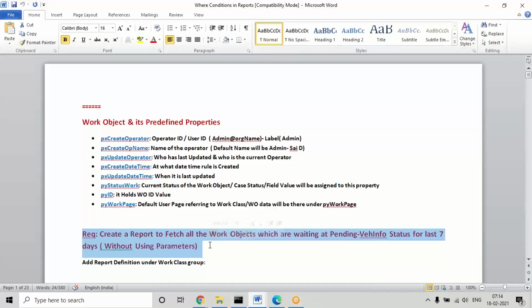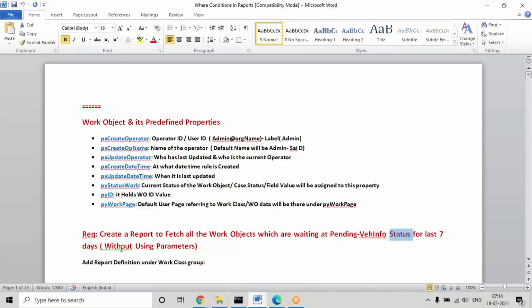I want to fetch only records waiting at the pending vehicle info status for the last 7 days. So I also want to mention the time period, even though we created all these records today.